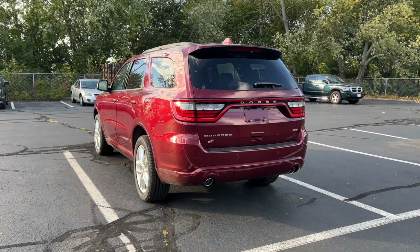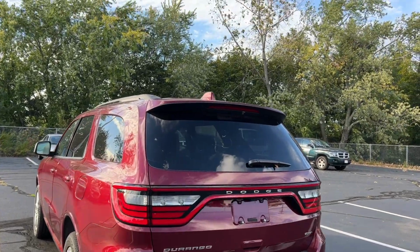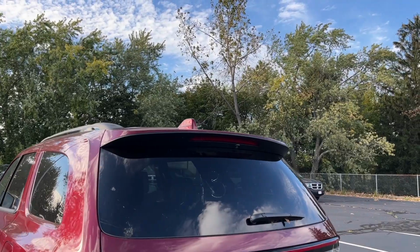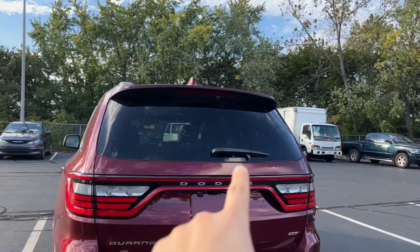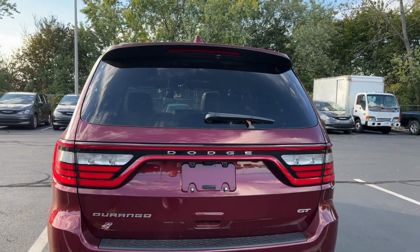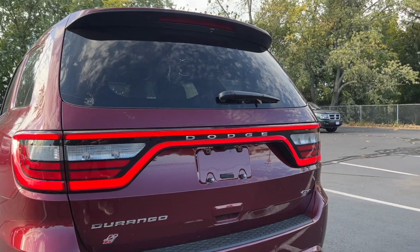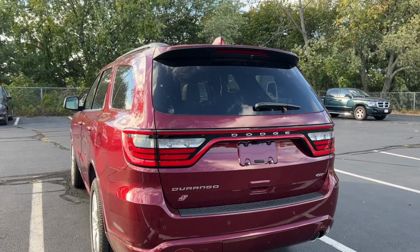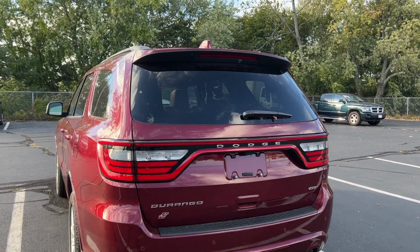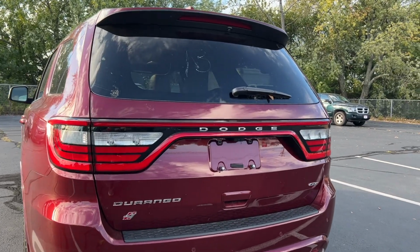Here is the back of this Durango, and I think the back looks actually pretty good. And up top there is a spoiler with a third brake light, and the brake light is LED up there. Here is a wiper, and the tail lights look very, very good. The whole thing actually lights up, which I love, and it definitely makes the back of this Durango look very, very nice. Dodge is written right there, and it is finished in chrome. The backup camera is located underneath the second D,